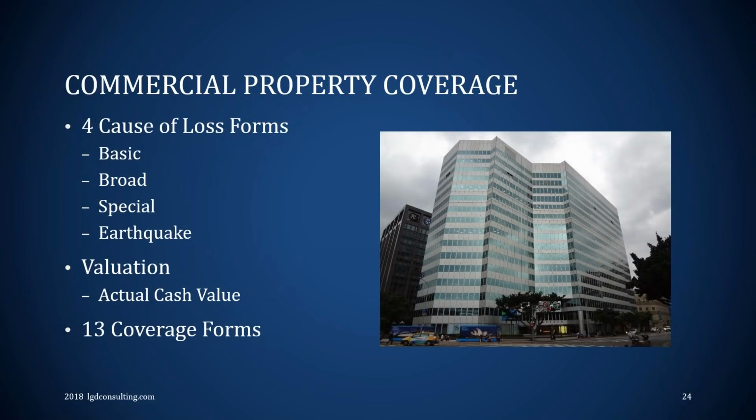Okay. So the first one, we have the commercial property coverage. Now, we typically have three cause of loss forms: basic, broad, and special. Those are the ones that you're going to see on dwelling and homeowners. But for commercial, we also throw in earthquake. Okay, so for commercial property policy, you can buy earthquake as a cause of loss form. You can also buy earthquake as a separate policy, and every once in a while, you can actually buy earthquake as an endorsement to your commercial property program. All right. And so, basically covers the building, right? Covers the stuff in the building, which we'll get into.